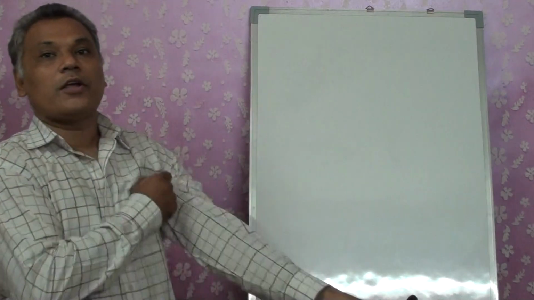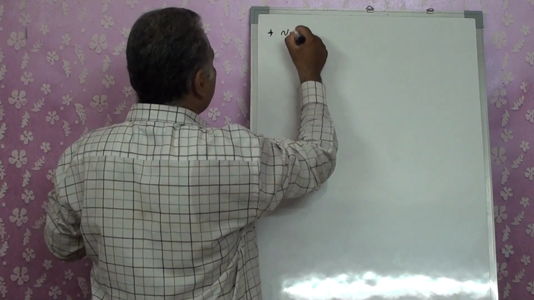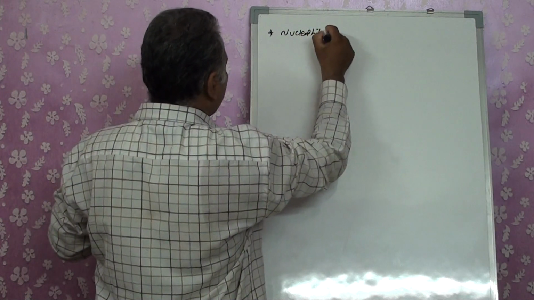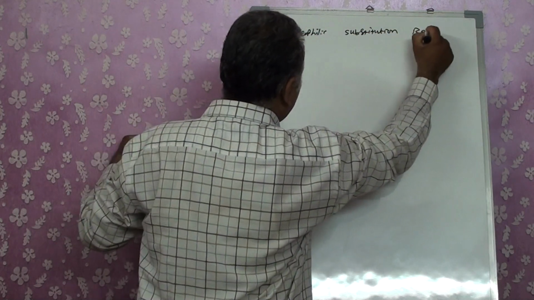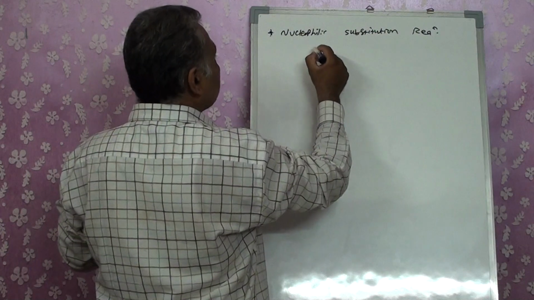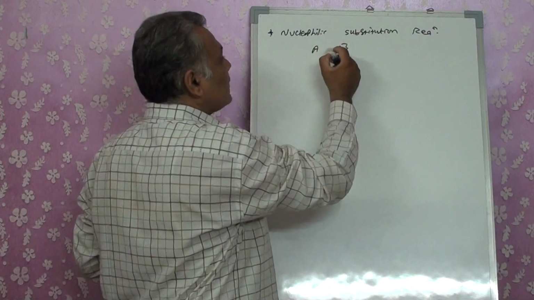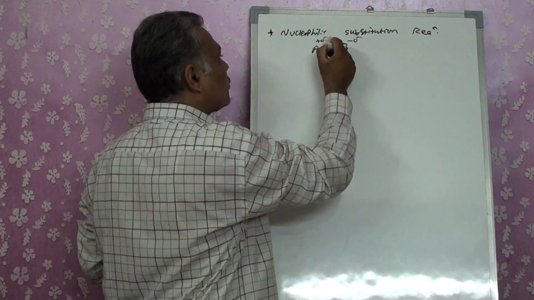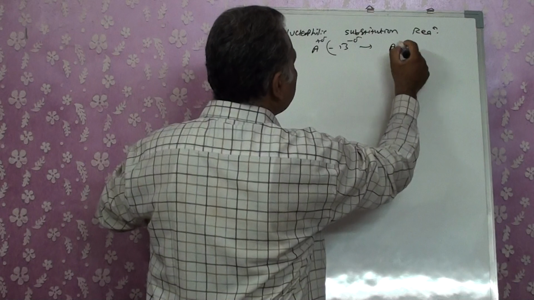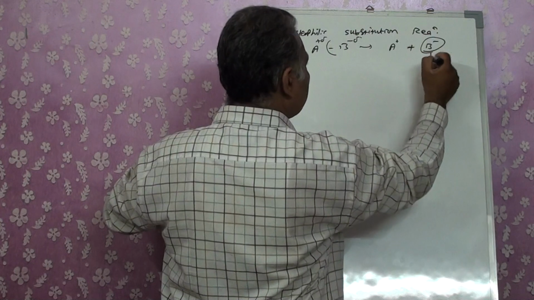Now let's go to nucleophilic substitution reaction. When we are talking about nucleophilic substitution reaction, what does it indicate? When you have two atoms bonded with one another, with a large electronegativity difference, one will become partially negative and one partially positive. On ionization, it gets plus and minus. This is known as